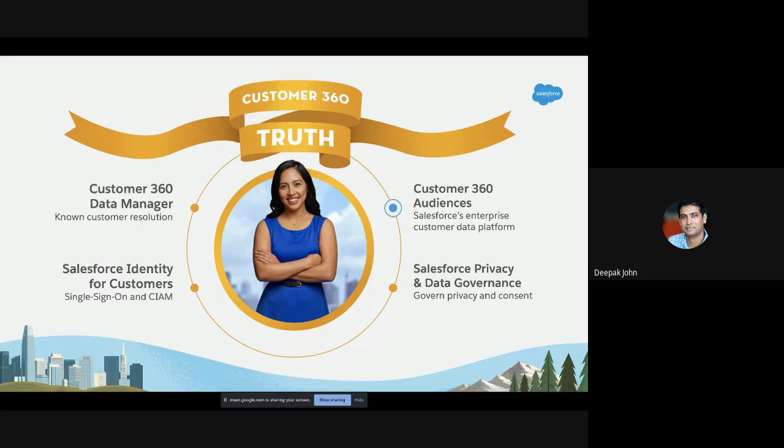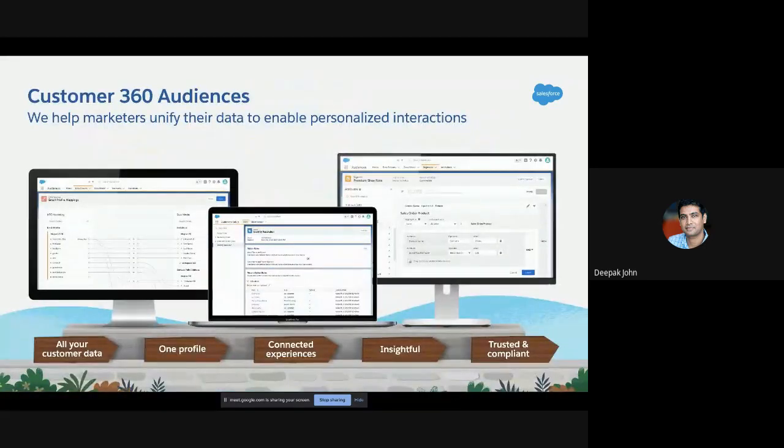And finally, Customer 360 Audiences, or C360A. This is Salesforce's answer to the CDP, the Customer Data Platform. So as part of the truth sets of these products, C360A sits at the center of that ecosystem so that you can integrate, and the profiles that you can construct, pulling that data, can be activated across the entire ecosystem within your business, not just the Salesforce platform. So this is the platform in a couple of screenshots, and we'll go into it in a bit more detail.